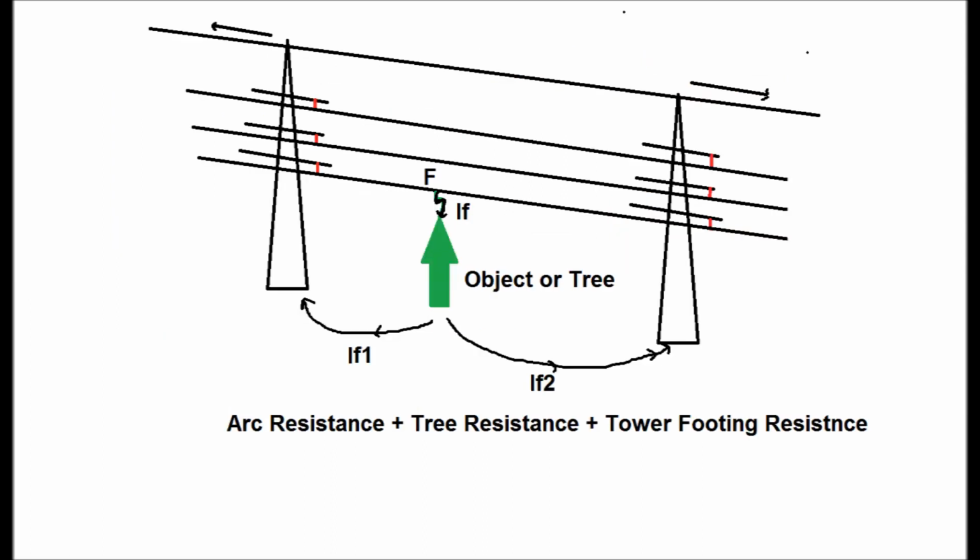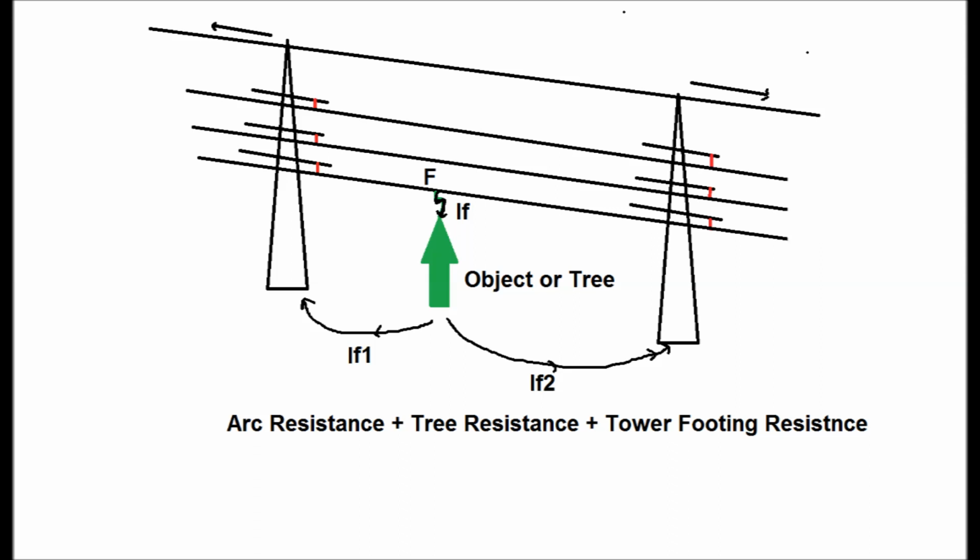Now what will happen for phase 2 earth fault? If a phase 2 earth fault occurs as shown in this figure, a phase 2 earth fault, that is blue phase, occurs due to a tree touching the transmission line's bottom conductor, that is the blue phase. The fault current will pass from the point F,